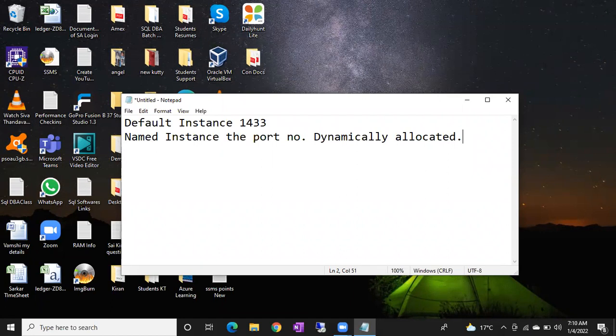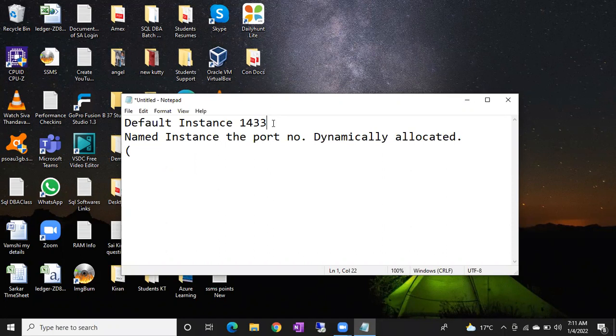So where to check? And of course, we have to change the port number. We don't prefer dynamic port numbers; we prefer standard port numbers. 1433 is already assigned, so we will use other port numbers. 1434 is the UDP port, and this is your TCP port. Sometimes in the interview they will ask what the default port number is. For SQL Server that is 1433, and sometimes they also ask for the UDP port, 1434. A named instance will generate a 5-digit port number dynamically that we are going to change as per the organization's standard policies. Where and how to change it, I will show you, no problem.